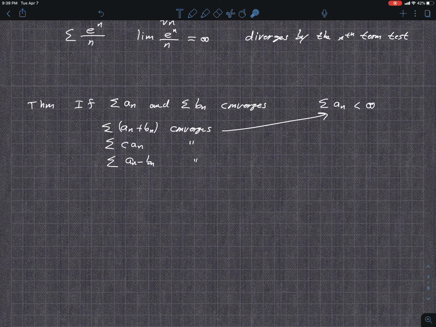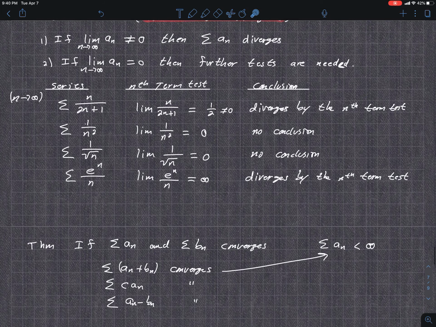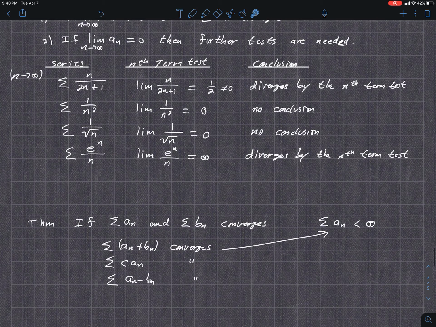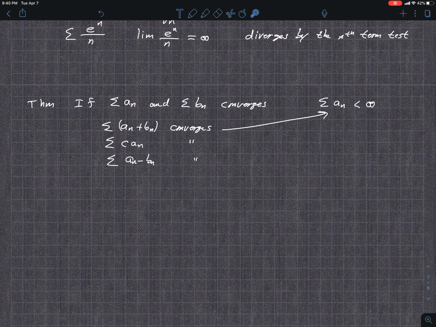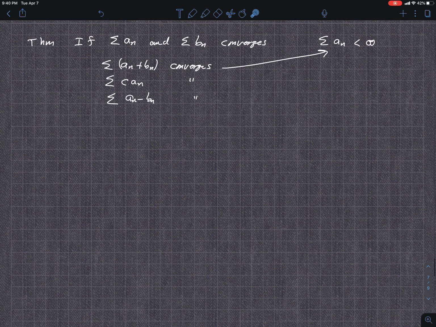If this was capital A and this was capital B, then the sum converges to A plus B, this converges to C times A, and this converges to A minus B. So those are just some properties of summations. You'll look at some geometric series and some of the other content we saw in that section. And the next we get into